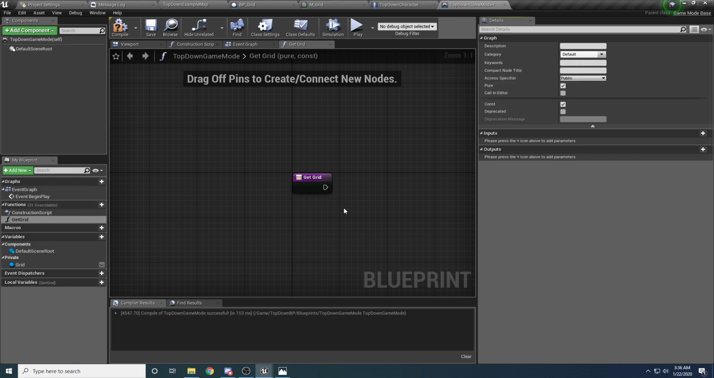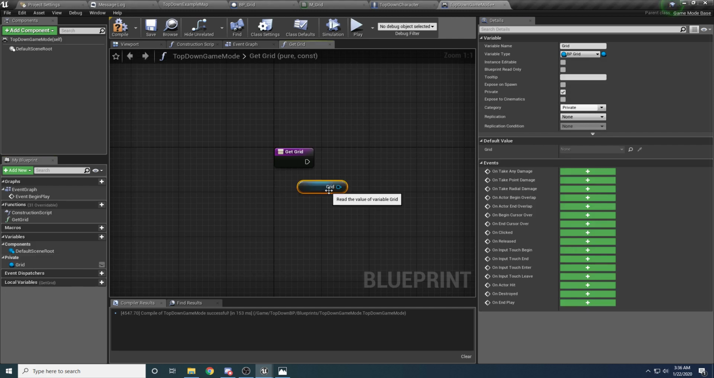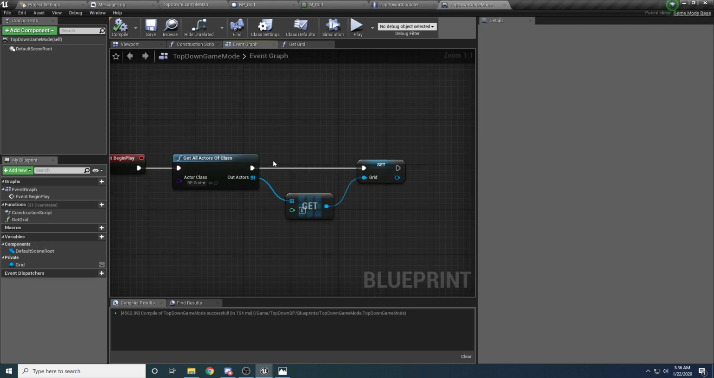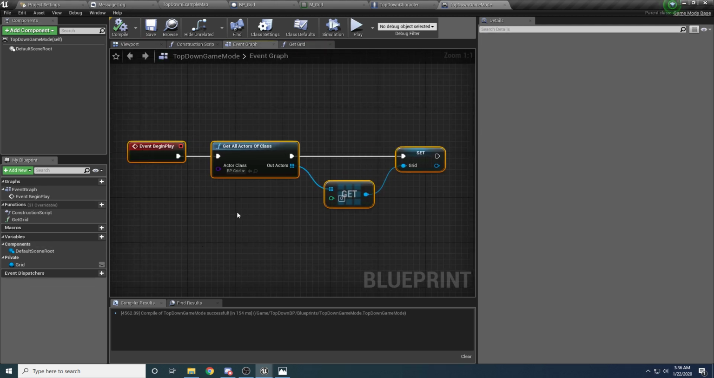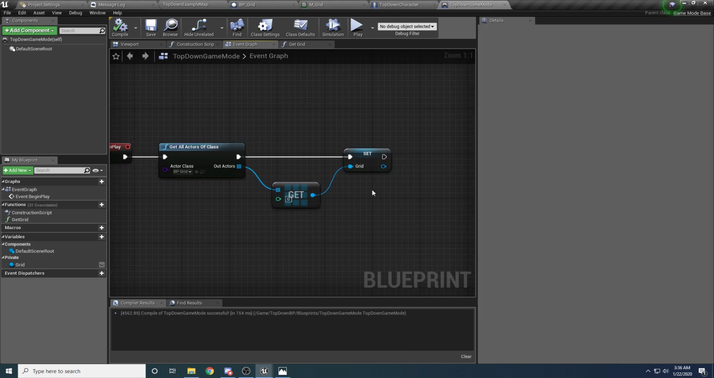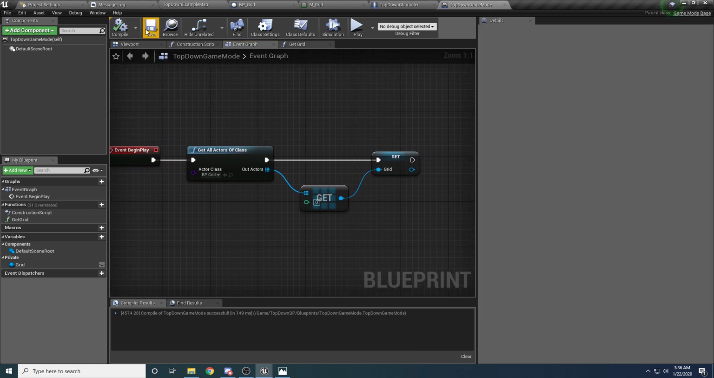We want it to be pure, we want it to be constant, and we'll drag in the grid and hook that up like so. All right, so simple little function here for getting the grid. And again, just the beginning, as soon as the game plays, it looks for the grid and it saves a copy of it. One thing to note real quick, if you plan to sometimes have the grid in your level, or sometimes not have the grid in your level, you're going to want to do a check here